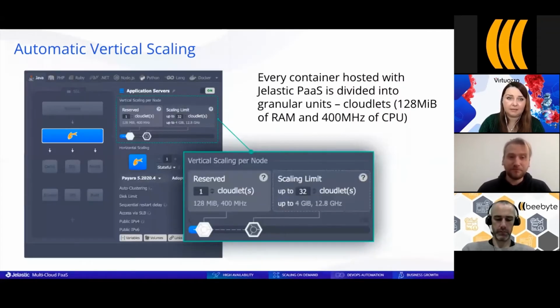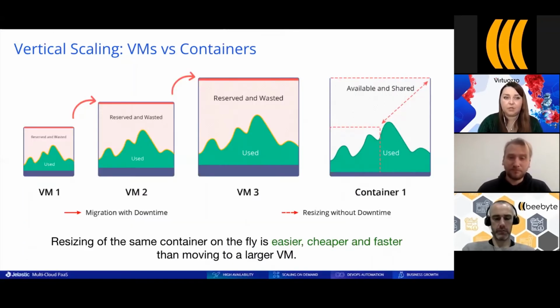This is exactly the slide that talks about this right sizing problem that Igor mentioned before. Because when you're running VMs with other cloud vendors and you need to scale, usually you need to take a twice bigger machine and migrate to that machine. So this will require extra work. This will require some kind of downtime during migration. And of course, this can be automated, but again, you need to work on that automation. And